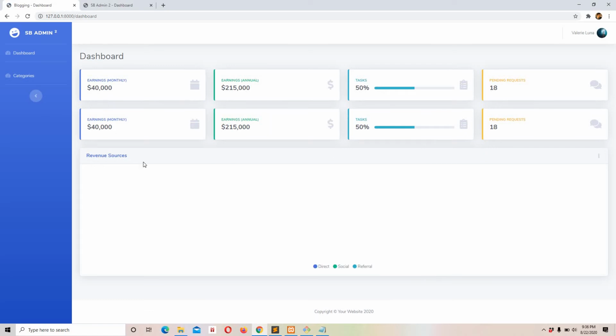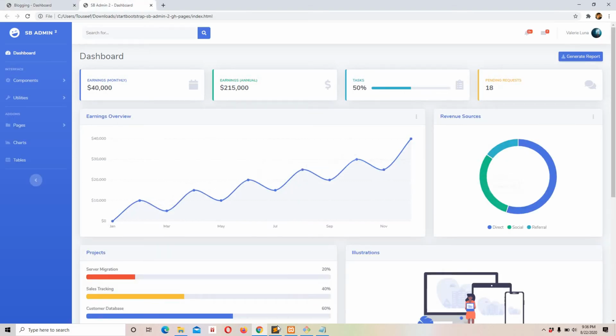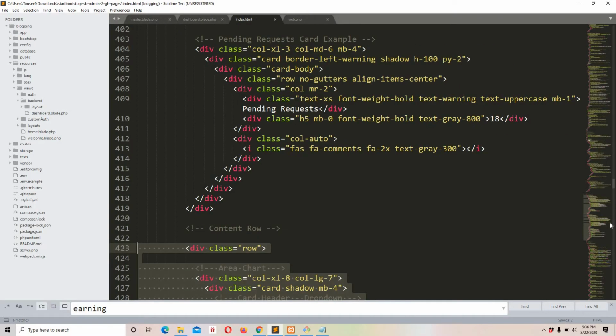Okay, so now you can see our div is configured, but we can't see the chart. Why? Because we don't have the necessary JavaScript that is required. And once again, maybe in later videos we are not going to use this chart. Maybe I will use Google Charts, so just keep that in mind. For now I just want to configure it so you can get the idea. So what files are required for this? Basically this is a chart, so I will look in the index.html.